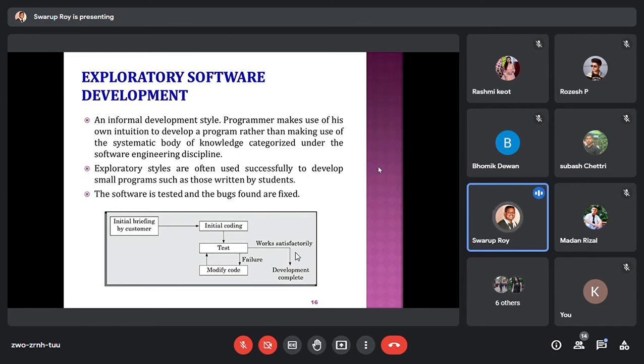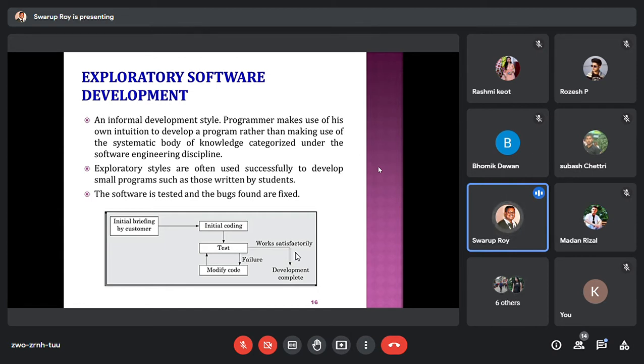The main emphasis is on programming itself. Programmers make use of their own intuitions on how to develop, how to solve the initial requirement. Just make something which is usable at the end. There are small firms or companies who do it that way, but hardly follow the good principles maintained by big companies. Small firms hardly do that.